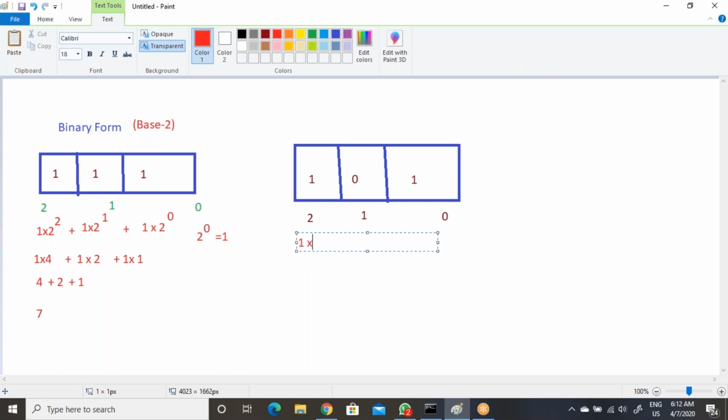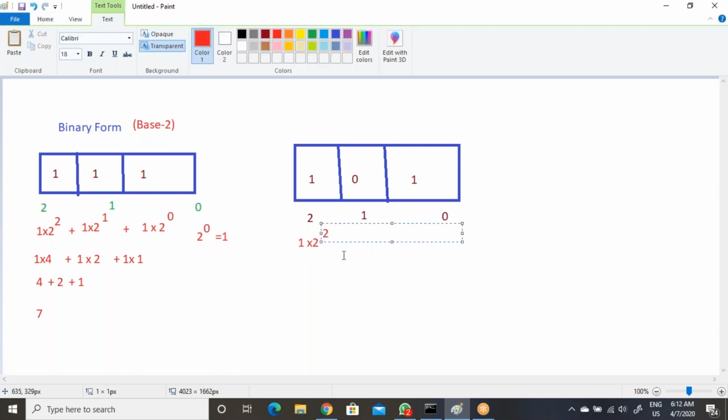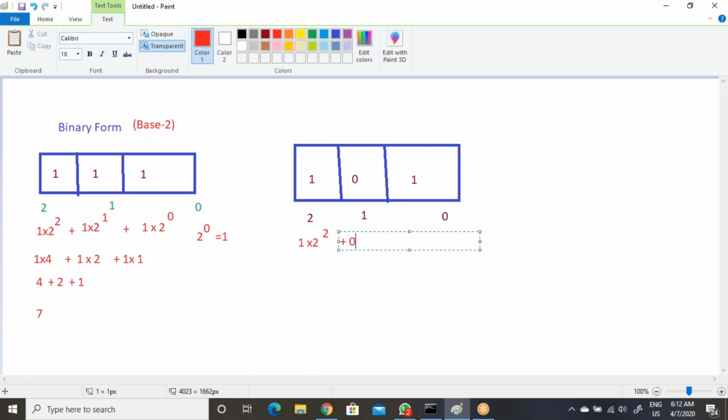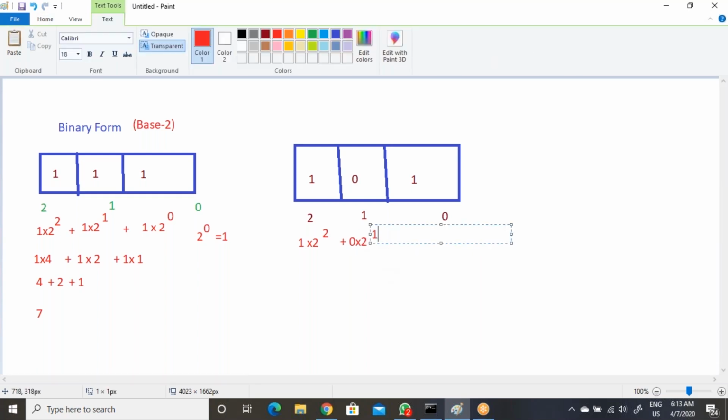Here 0 value, 0 into base value 2, then power 1. Then again, what is inside the box? The value 1. 1 into base value 2, then 2 power 0. Now here 4, then 0 into something is always 0, then 2 power 0 into 1, and 1 into 1 will be 1. So total will be 5.